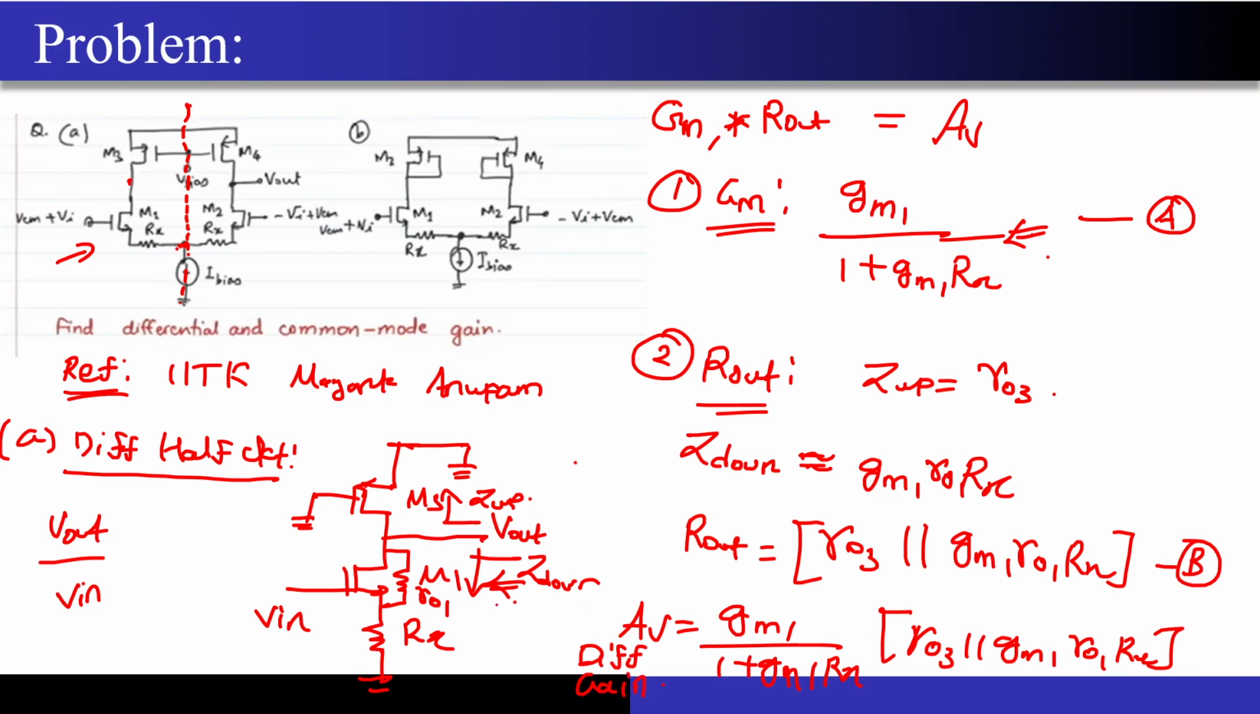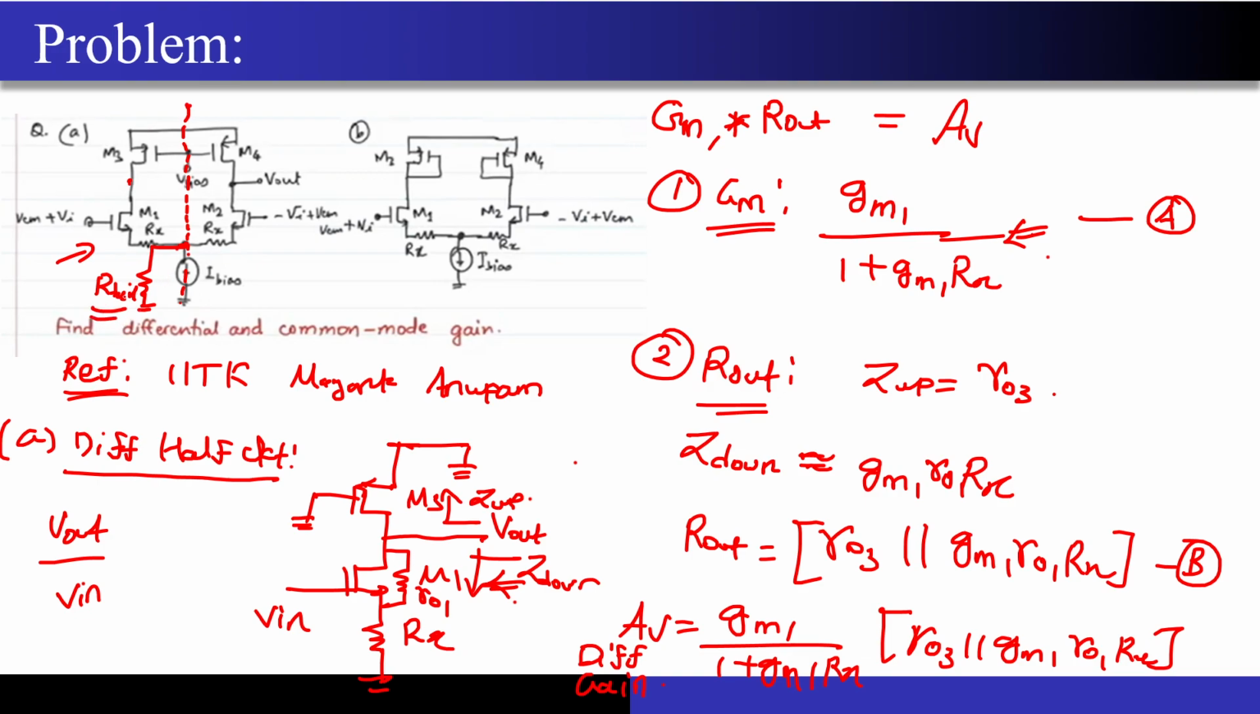Now we also have to draw the common mode half circuit, just like we have drawn over here the differential half circuit. So now the only difference is this I bias. Now I have to assume that there is an R tail present. I could have taken it ideal, but it's important to complicate a problem a little bit, right? So now this is done. The way we are going to do it is we are going to split this R tail into two resistances,